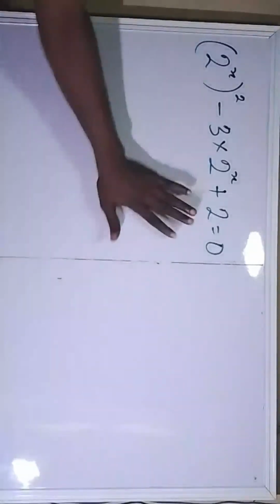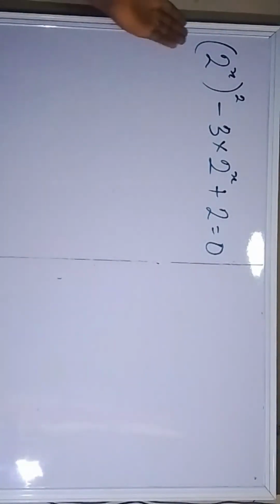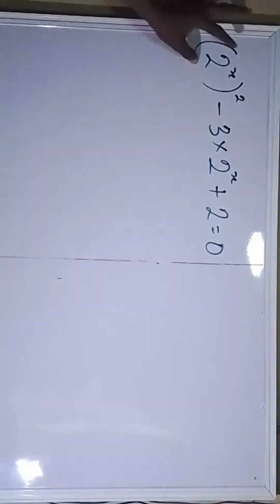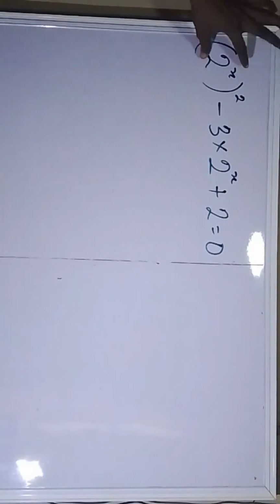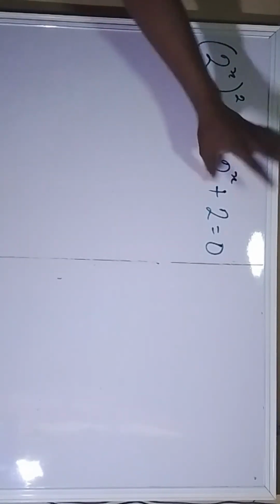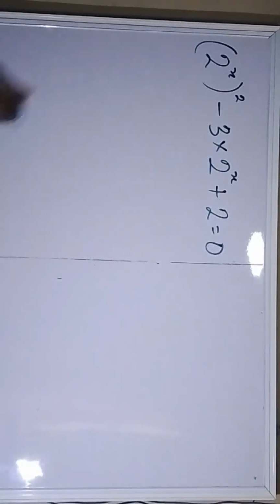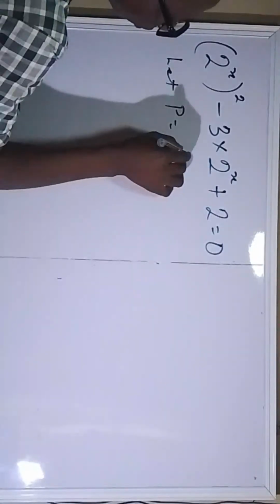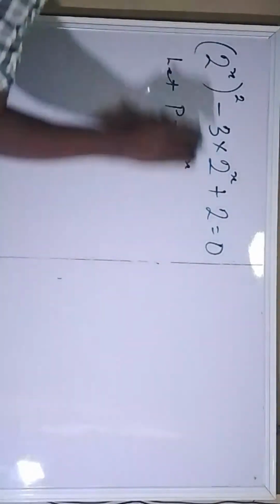Now, look at this question. Now, when you look at the characteristic of this question, you see we have something special here. We have 2 raised to the power of x here. We have 2 raised to the power of x here. All right, so now what I'm going to do now, I will make an assumption by saying let p be equals to 2 raised to the power of x, so that this equation now turns to